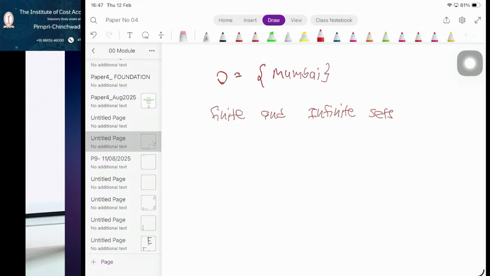If they are visible but not countable, we will not call it finite. Which is visible and countable, finite. Visible, uncountable, called as an infinite set. That is the concept of infinite set. Okay, so